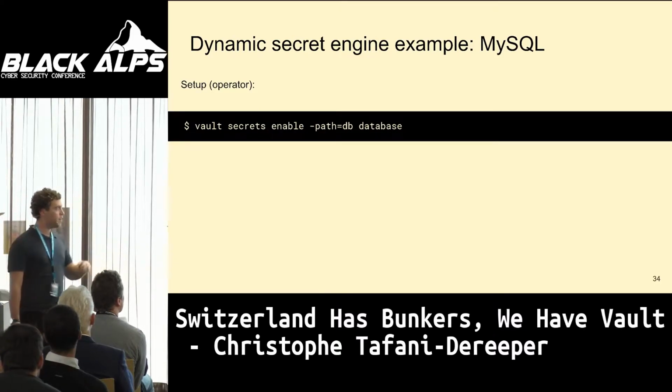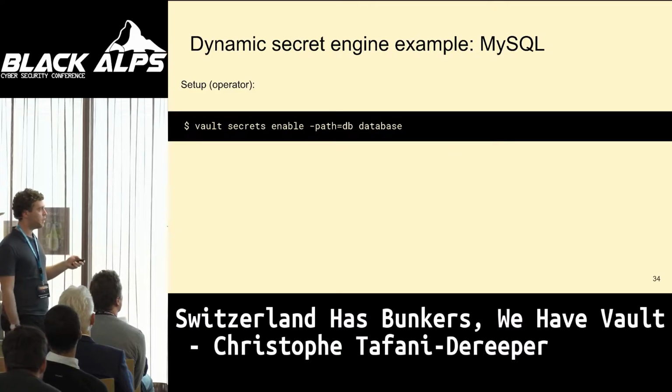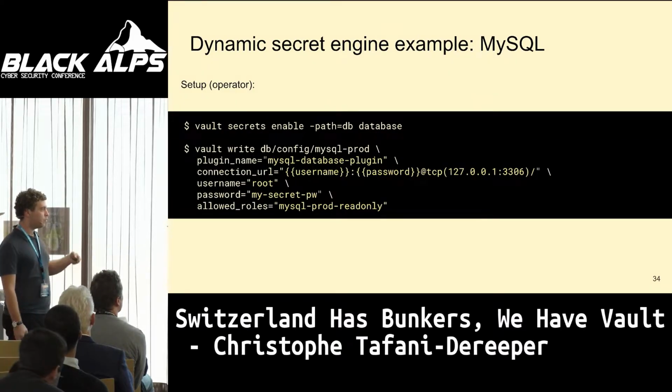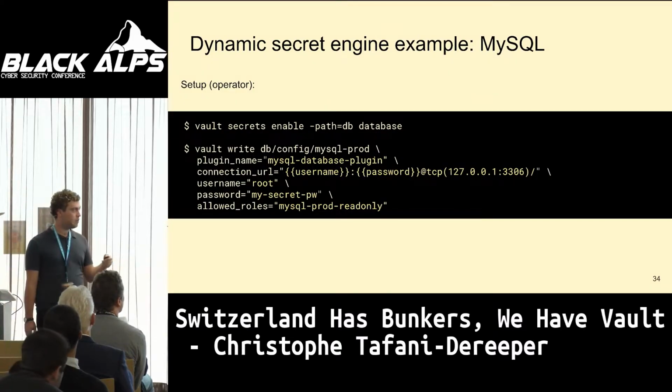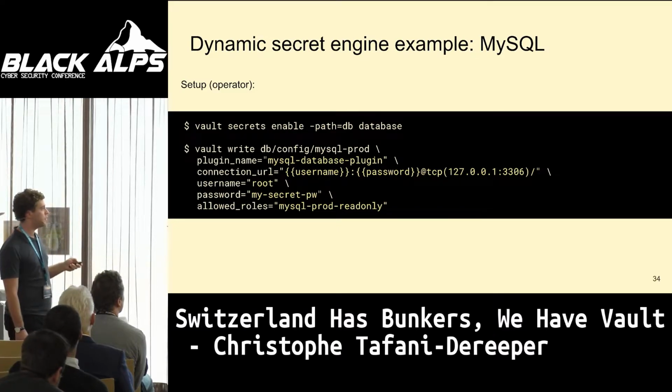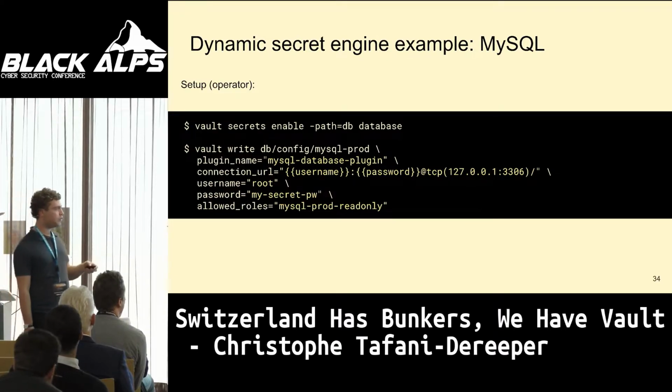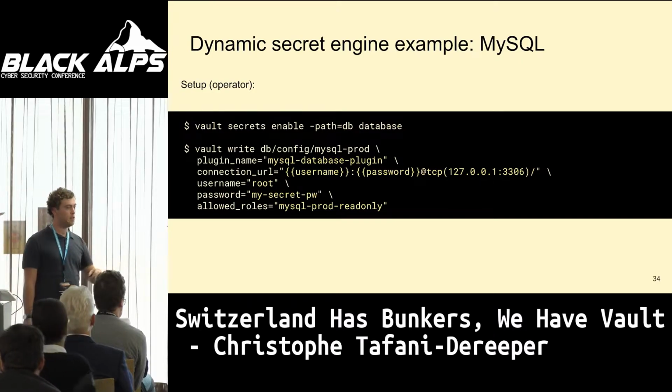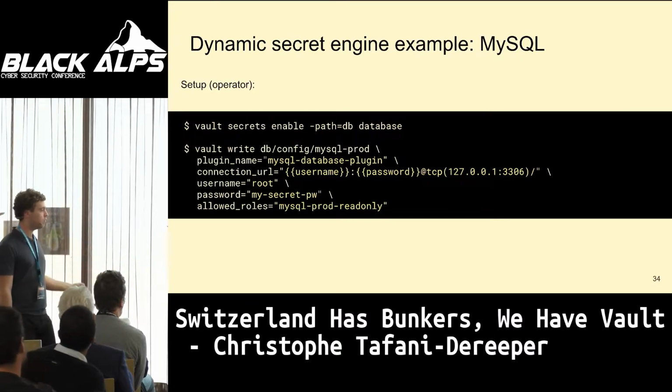So if we want to do it using the CLI, there is, just like before, a one-time setup to enable the database secret engine. Then you have to configure Vault. So you give it some credentials to access your MySQL prod database, maybe. You just give it basically a connection URL, a username and a password, just so that Vault can connect to this database and then create the appropriate user accounts.